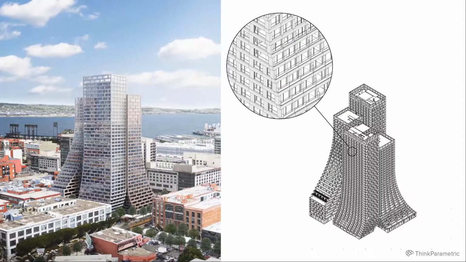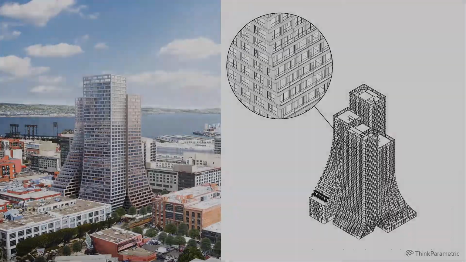And the project that we're going to be looking at today is called The Creamery, a project based in San Francisco. And this is one of the recent projects where we actually tested and implemented Rhino Inside to aid in the development of the facade. And so that's why I wanted to explore this one, as it's a recent project. It's a public project. It's not on the website yet, but it should be up there soon. So the project consists of 4 stepping towers that converge into 2 separate, twin towers, so to speak.